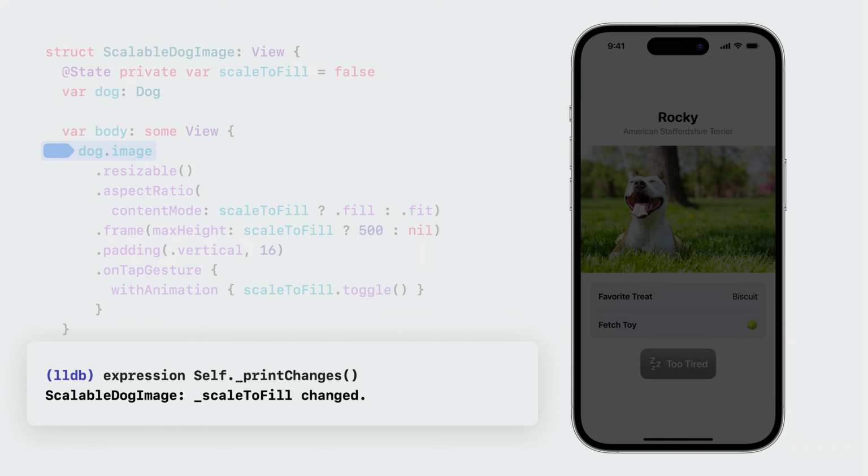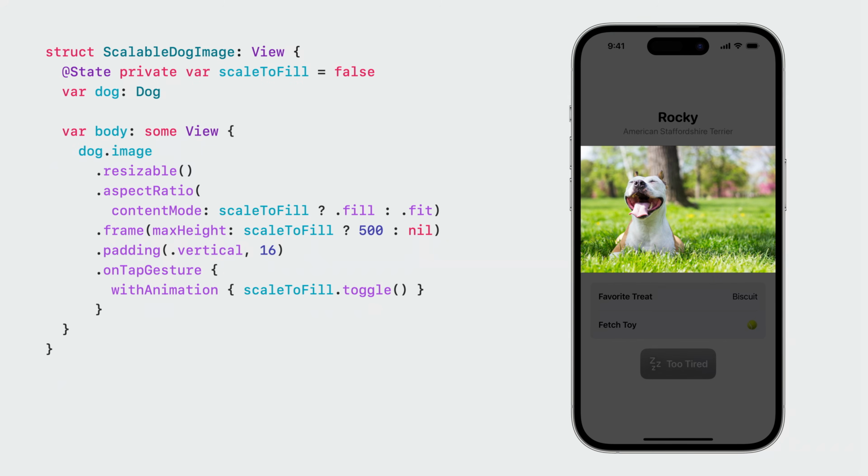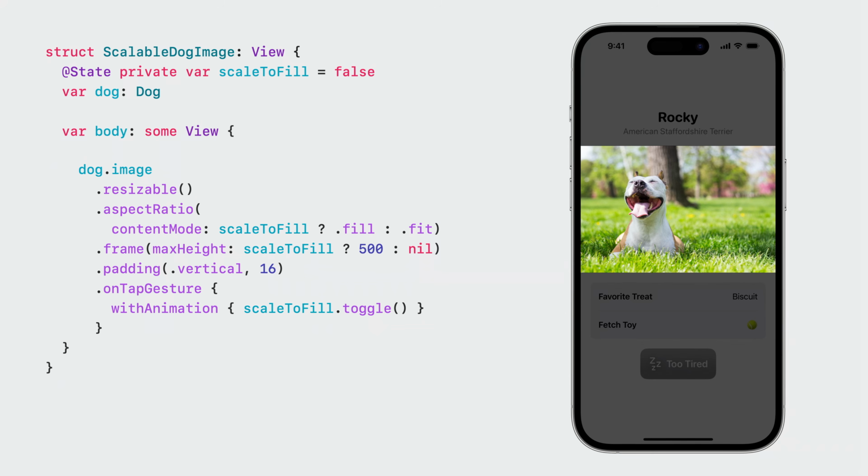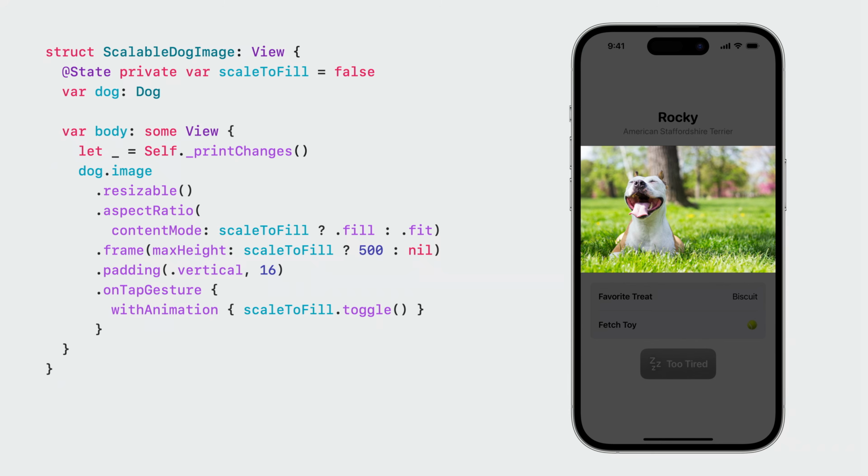You can use print changes to understand whether a view might have extra dependencies. For example, I'm currently running my app and debugging and want to see if this view has an extra dependency. I can add a call to print changes to this view's body to print every time the view's body is accessed. However, note that print changes is prefixed with an underscore. In this case, that means it is never guaranteed to always exist and may even be removed in a future